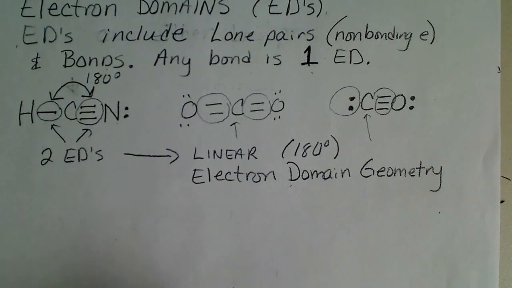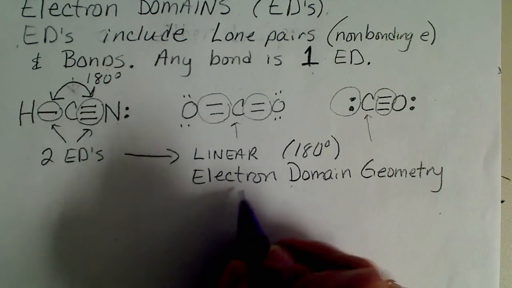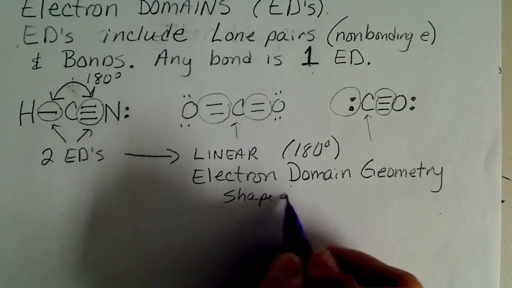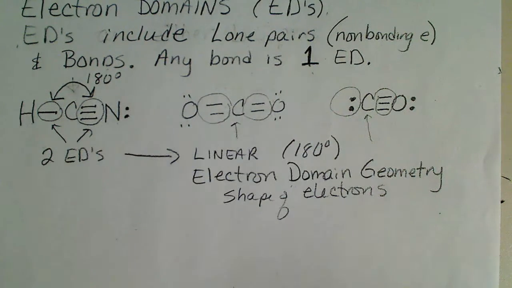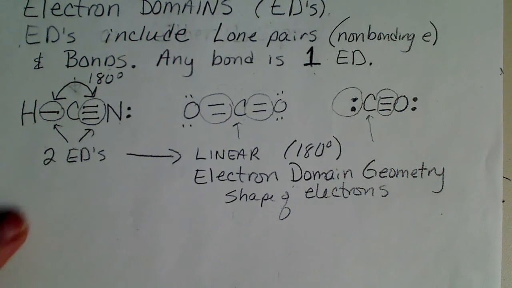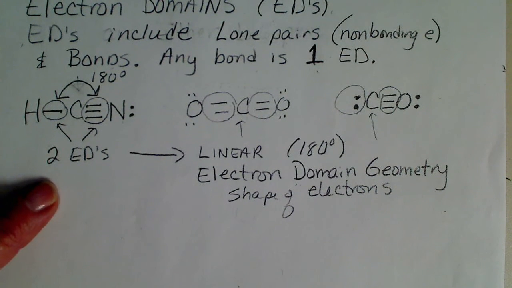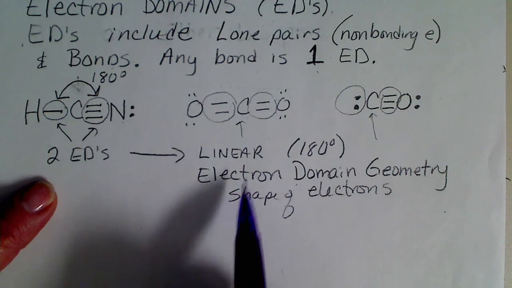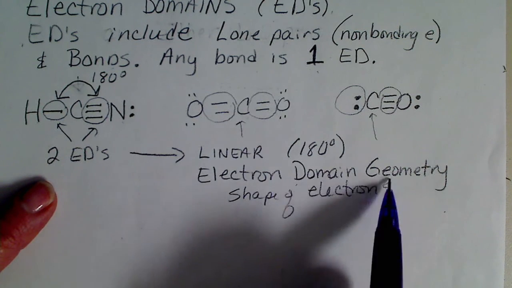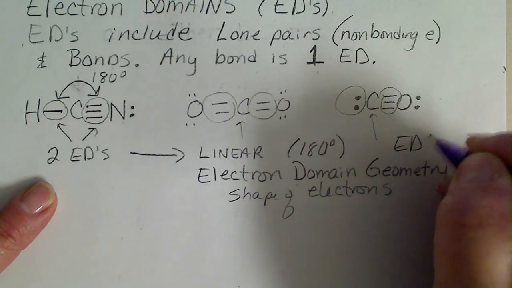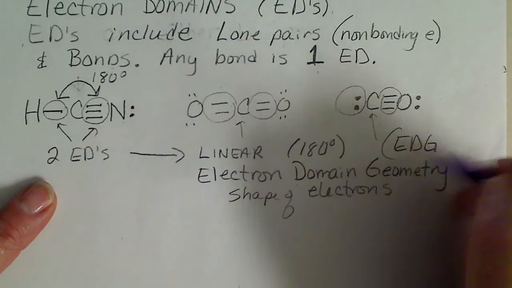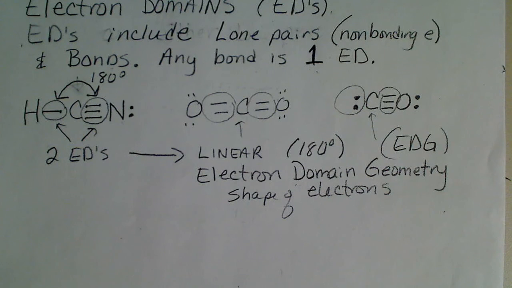So the electron domain geometry, again, is the shape of the electrons. That's not necessarily the shape of the molecule itself. This may not have been in an introductory chemistry course, but we're going to just process through. So 2 electron domains automatically means the electron domain geometry would be linear. Again, I call this EDG, the electron domain geometry. If we have 3